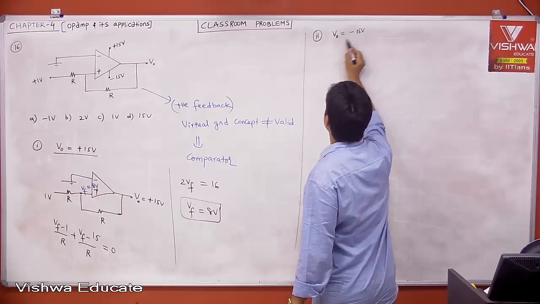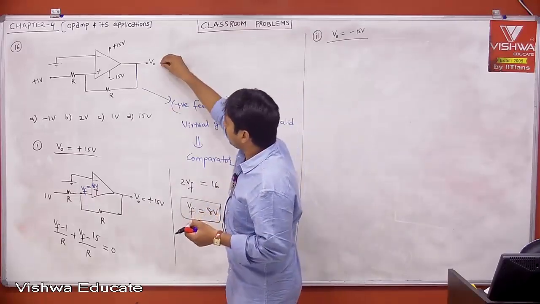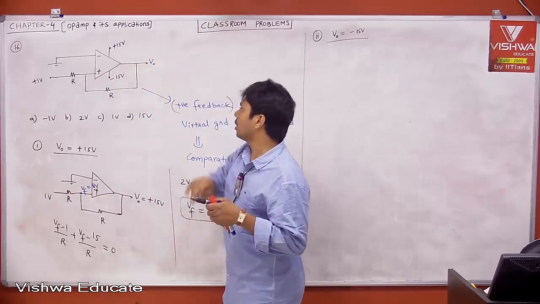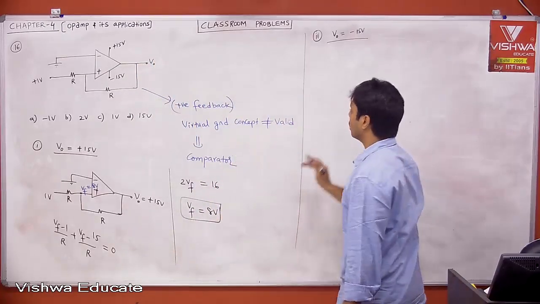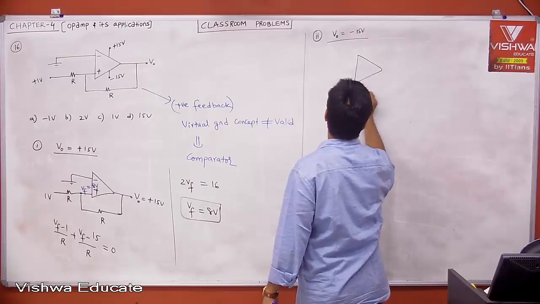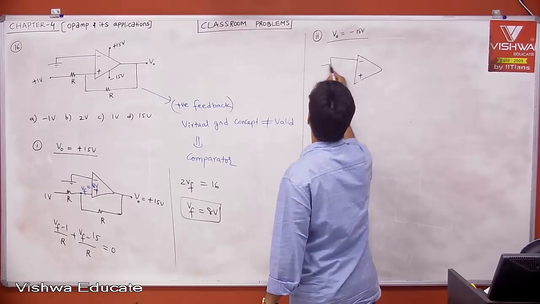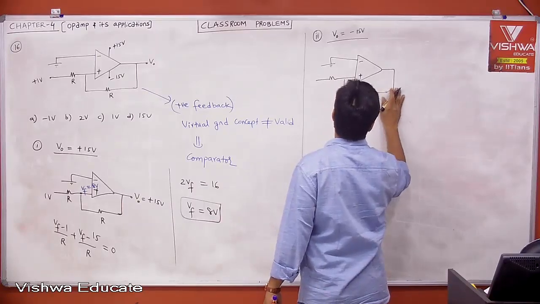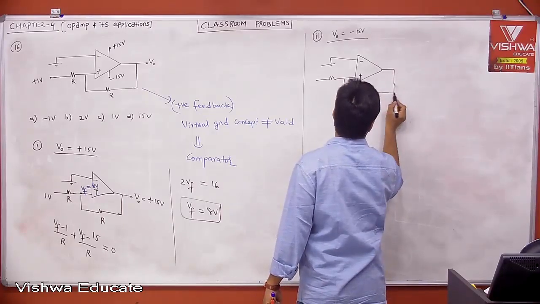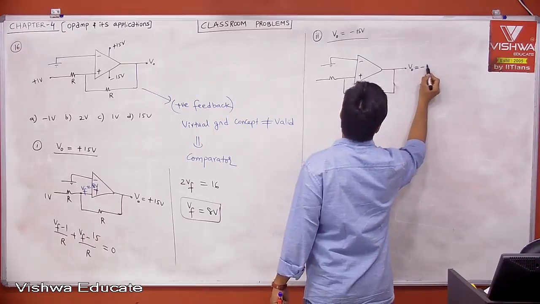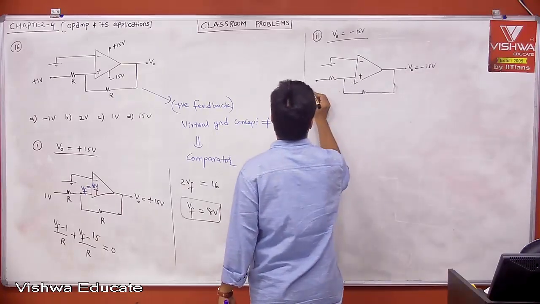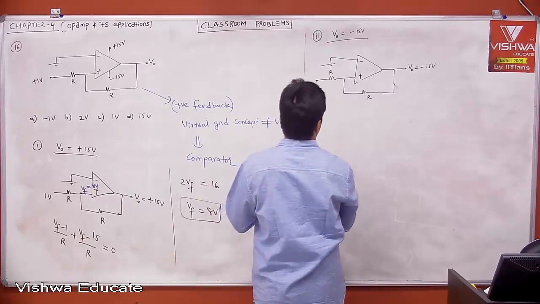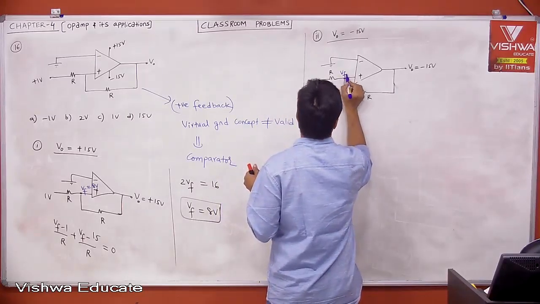It could be anything. Let us say I just pulled this V0, or I applied some trigger such that output became minus 15. I'm just explaining. Problem is over, but I'm explaining the theory. Then what is our circuit? Now you solve. This is minus 15. This is ground. Therefore V0 is equal to minus 15. Let us say this is 1 volt. This is R. This is R. Now we want to know the feedback quantity,